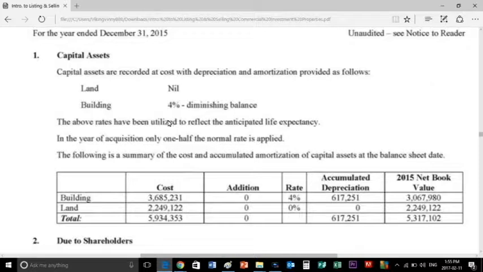So if you take a look here, we've got a building with a cost of $3,685,231. Addition is 0. The rate is 6%. The accumulated depreciation here is $617,251. The 2015 net book value is $3,067,980. Go to the land. The cost is $2,249,144. Addition is 0. Rate is 0. Accumulated depreciation is 0. So the 2015 net book value is